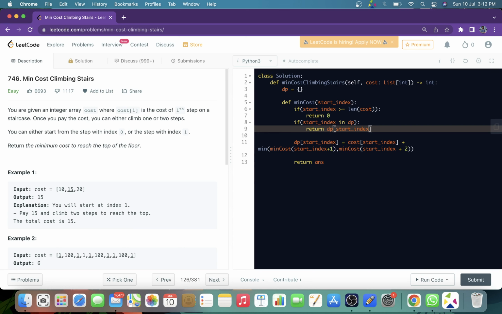Why? Because in our DP, keys are indices and the values are the minimum cost. If we search what will be the minimum cost if we started from second index, then we have to check DP of 2. DP of 2 will be the minimum cost if we started from second index. So this is how it works. And finally what we have to return here, we were returning answer, so we will return DP of start index. Why? Because if it is not in DP, then we are storing DP of start index equal to this